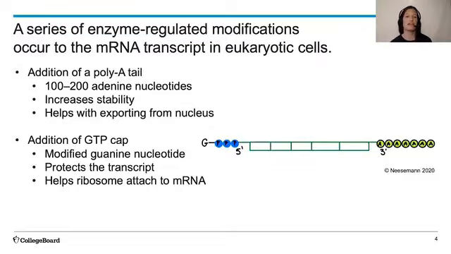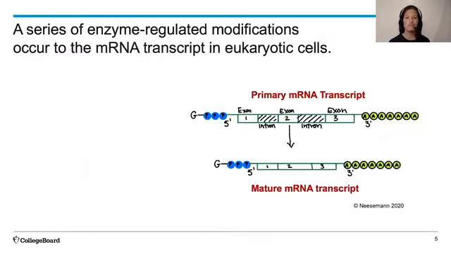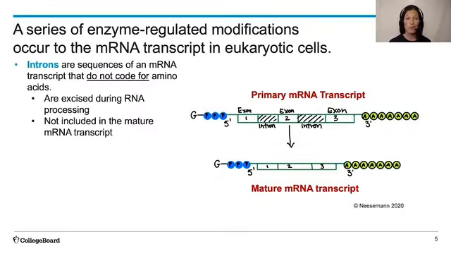On the other side of our mRNA transcript, we add what's called a GTP cap. So that's a modified guanine nucleotide, and its job is to help protect that transcript and help the ribosome attach to this mRNA when it gets there. So we have a couple more steps that are going to happen. You'll notice these have that poly A tail, that GTP cap, and now we're going to look at introns and